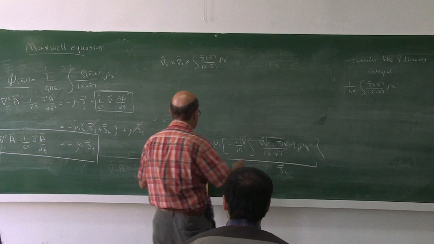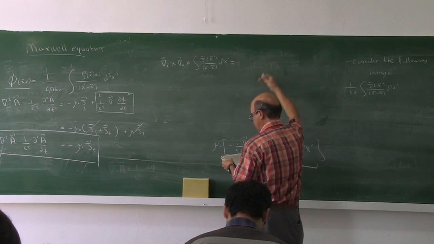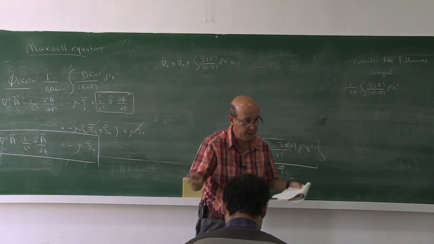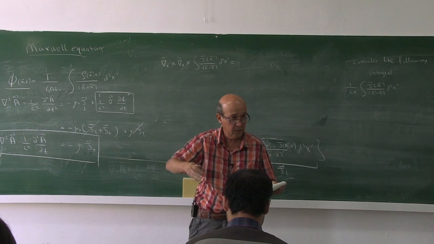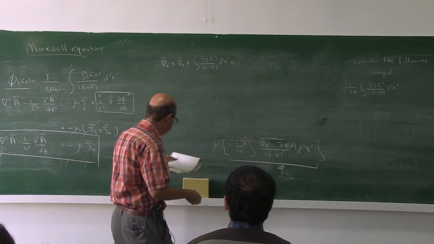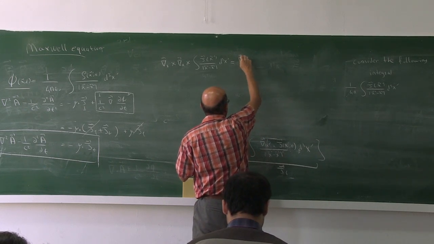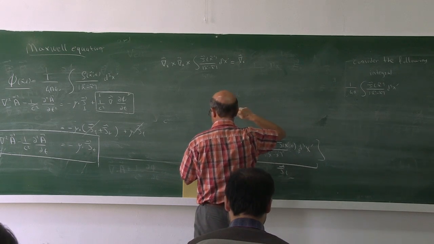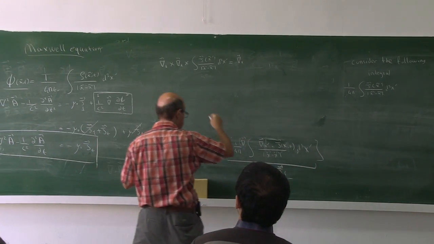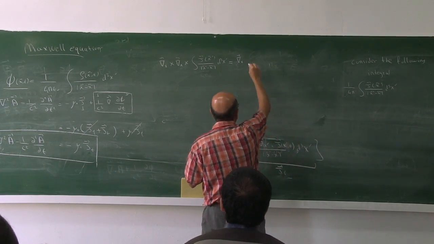So what is the right hand side? This is a vector and this is the curl of that vector. So what am I going to obtain? What is the rule of the curl of curl of A? Gradient of divergence minus Laplacian. So use this. Should I multiply 1 over 4 pi? Maybe I can multiply later, 1 over 4 pi. I have